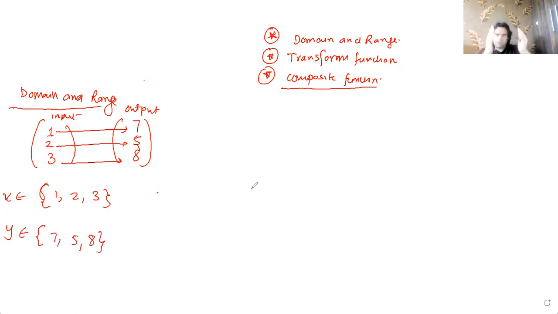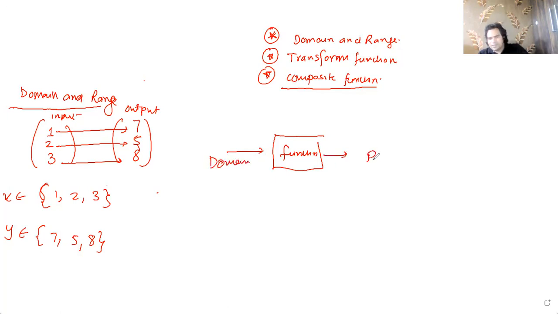So generally, when you look at a function as a machine, this is the function. Whatever input you give, the meaningful input that the function can take is called the domain. And whatever output you get is called the range. So what we'll be looking at next is how to graphically read the domain and range, and second, how to algebraically find the domain of the given function, at least on the basic level. So when you talk about the domain, let's say, for example, I have a given